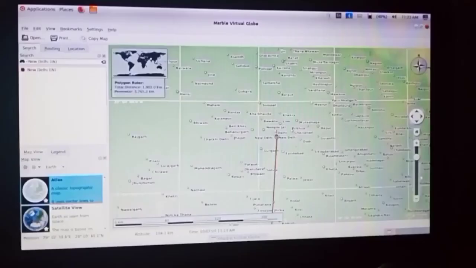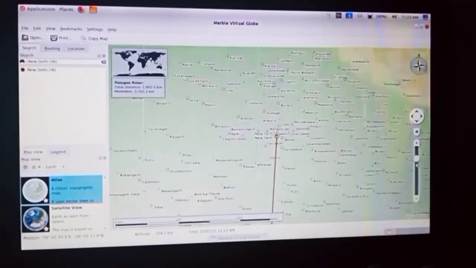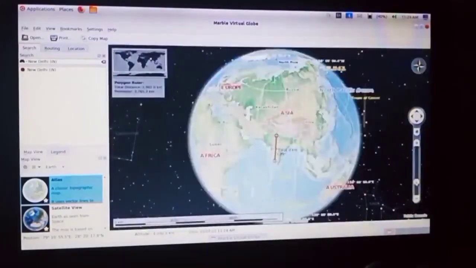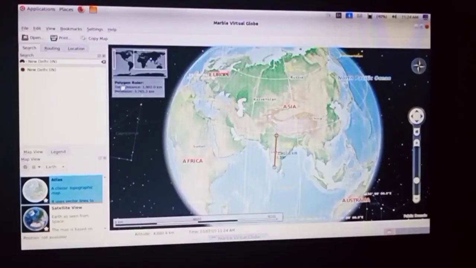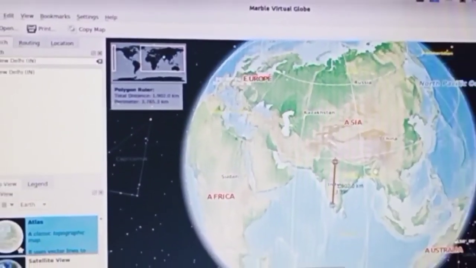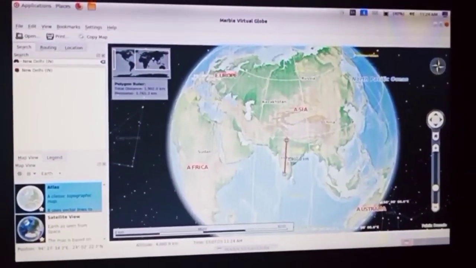So right click on that and just click on add measure point. Now you can see a line appearing there. If you zoom out, you can see that. See, this is the aerial distance. Total distance 1902 kilometer. Okay, so write that on your textbook page number 8.